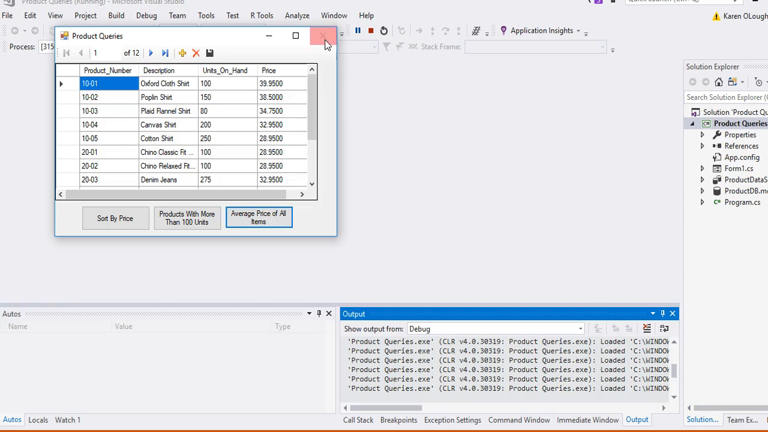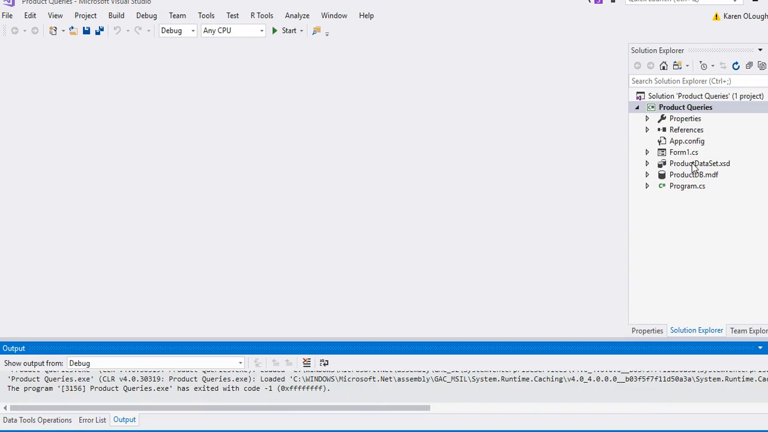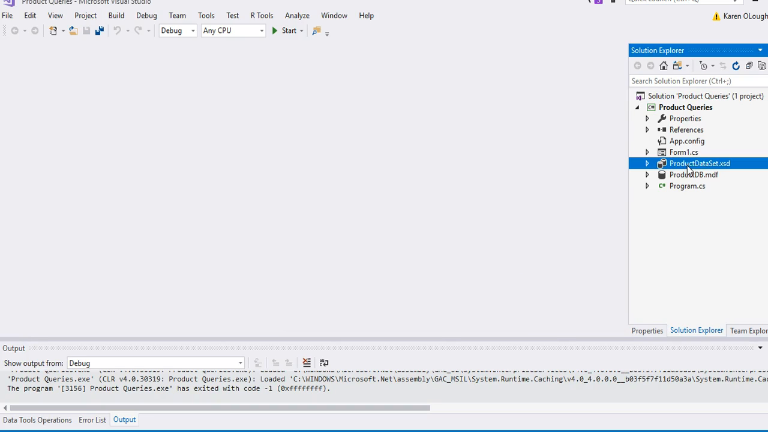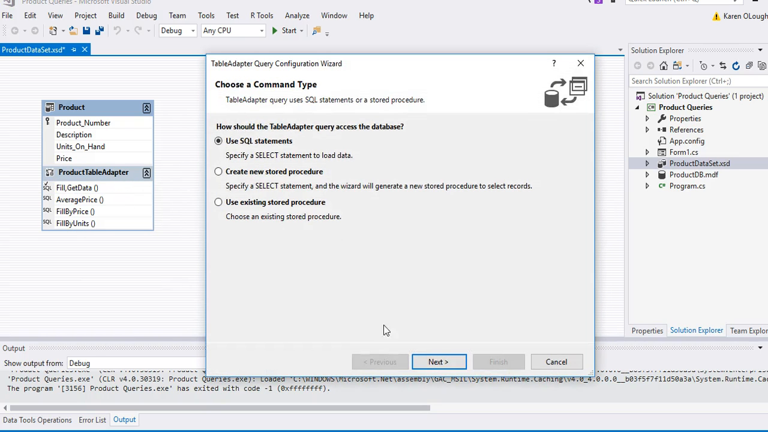So what they did in order to create this, if we exit out of that, same thing, they would have gone into product XSD, double click on it, and then that brings up the window that allows you to work with the SQL, and they would have created a new query. So if we go in here, right click, add a query is what we would have done using a SQL